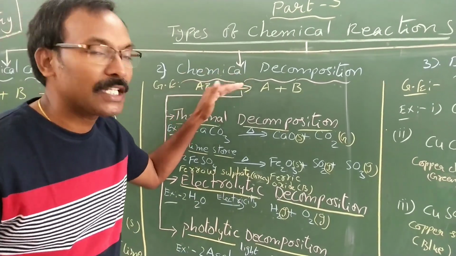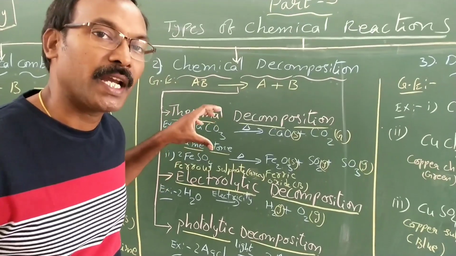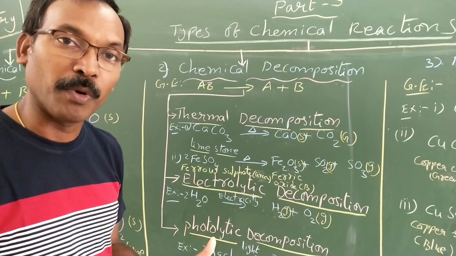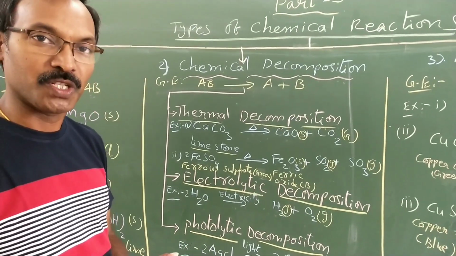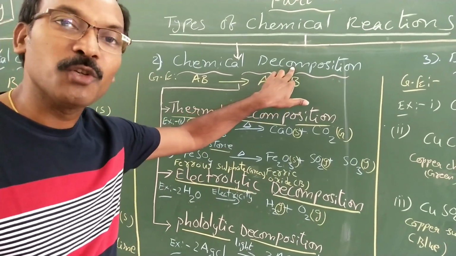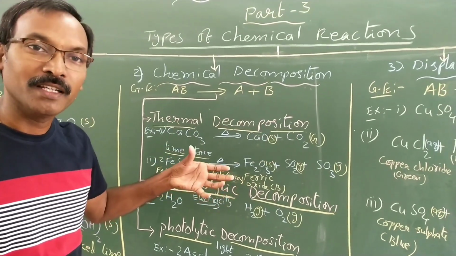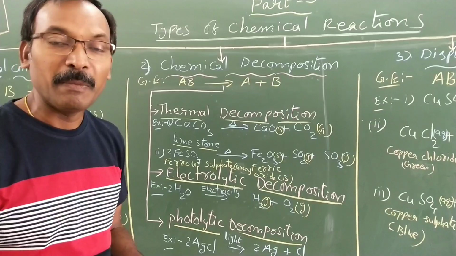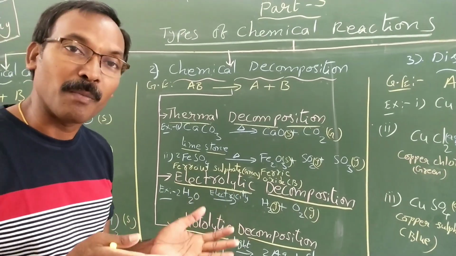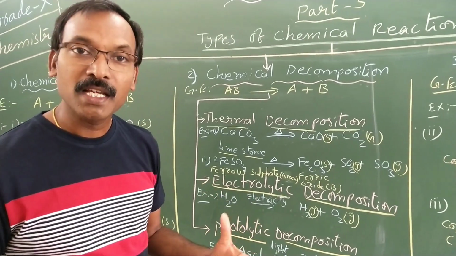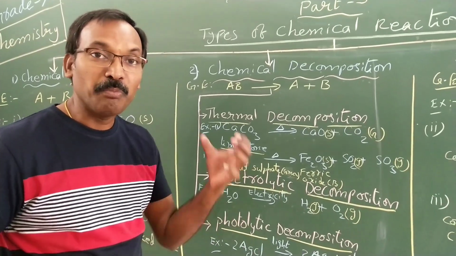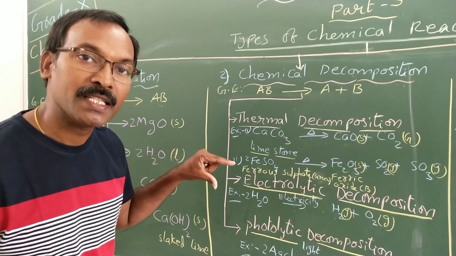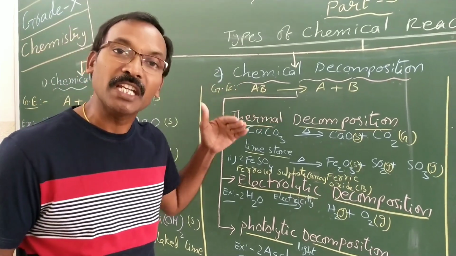So by the chemical change, if a complex substance or a compound breaks down into simpler elements or compounds, then that is called decomposition. This decomposition generally does not happen on its own. It always happens by external sources. Maybe some energy is required, in the form of heat, light or electricity. Based on what basis the decomposition takes place, it is subdivided into three categories.